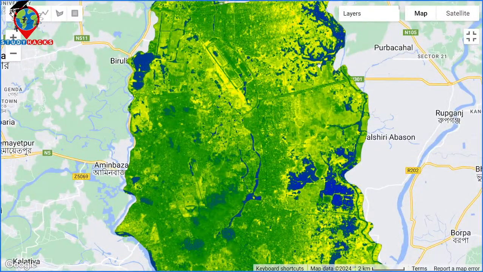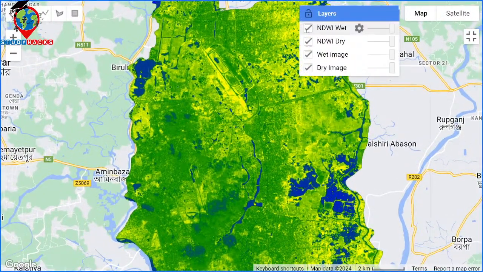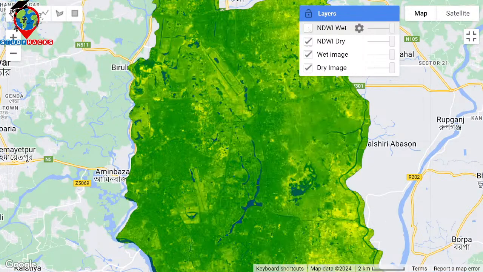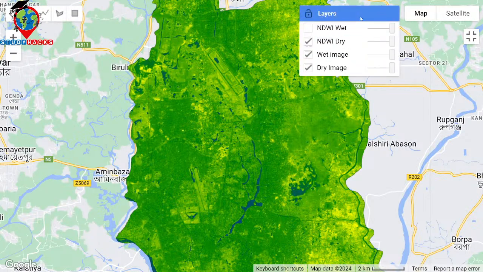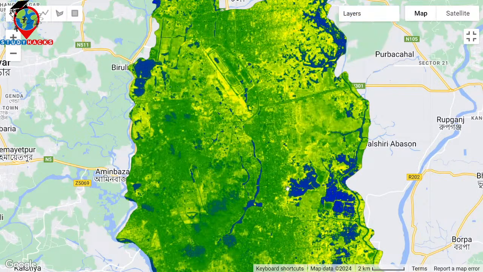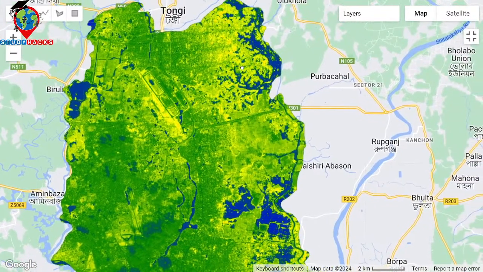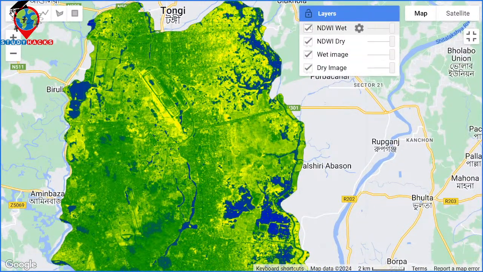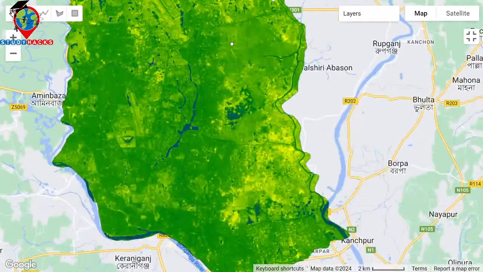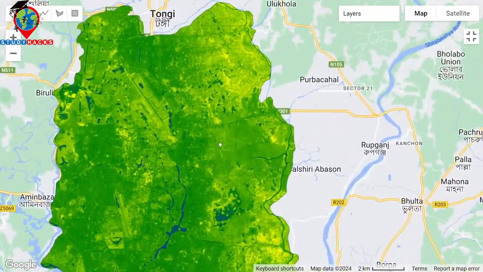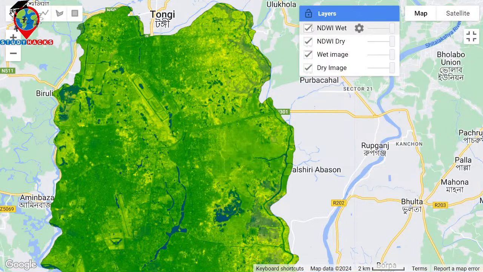And now we can check the difference between the two imagery. So it shows the wet season or rainy season condition, and it shows the dry season. You can see in the dry season, there is no water body. Also, there is no water body. So it is very little water body. We can get just some water body in this lake, also some here. But you can see in the rainy season, it shows a lot of water body pixels. This is the condition for the rainy season, and this condition for the dry season. In the dry season, it's very little water body, but in the rainy season, you can get a lot of water body.